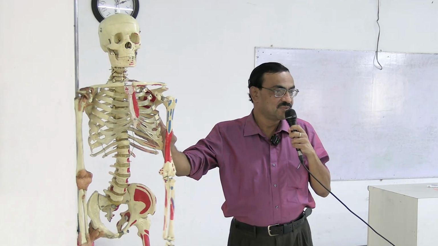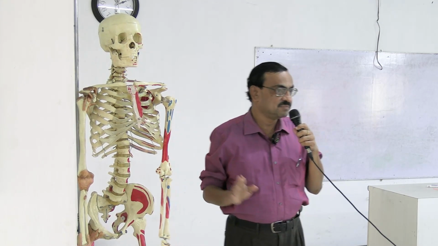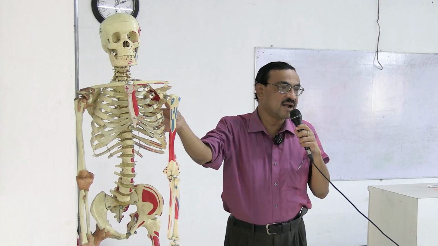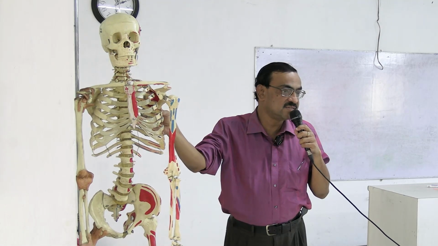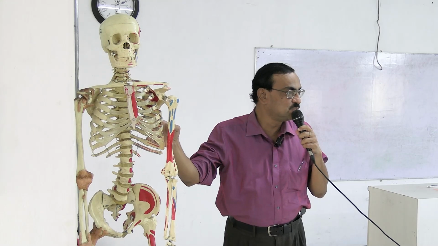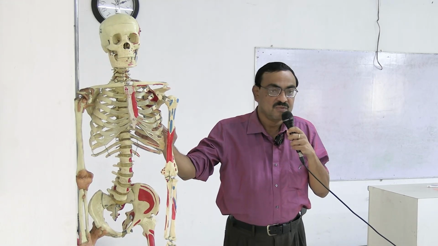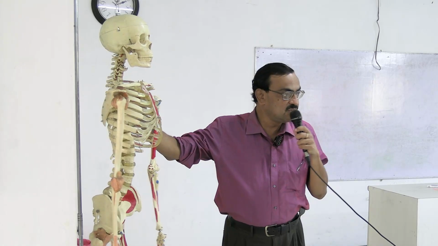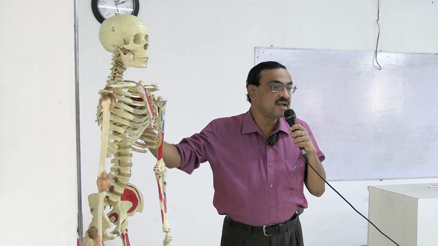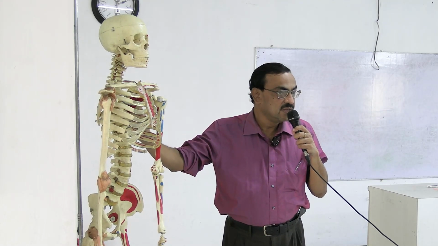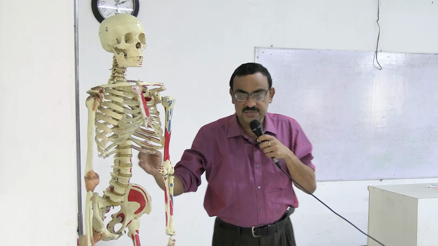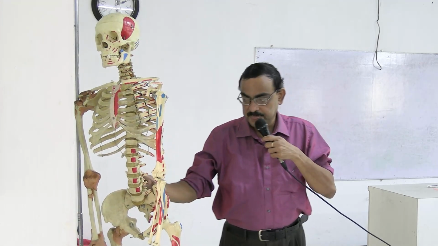Behind, we will get some muscles. We already know the muscular attachment at the lateral or the axillary border of the scapula. We know teres minor, teres major. And in front there is subscapularis, we know, muscle. So posteriorly we will get subscapularis muscle, teres major muscle, and another muscle which is taking origin from the